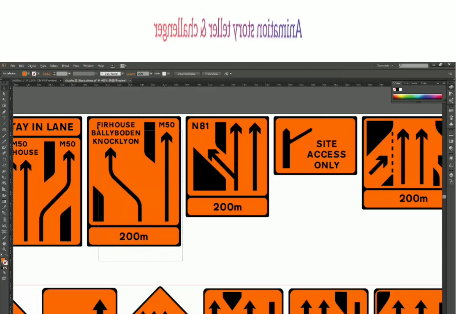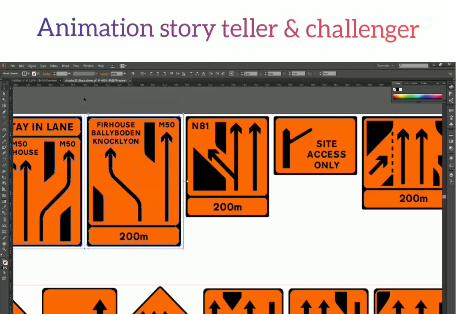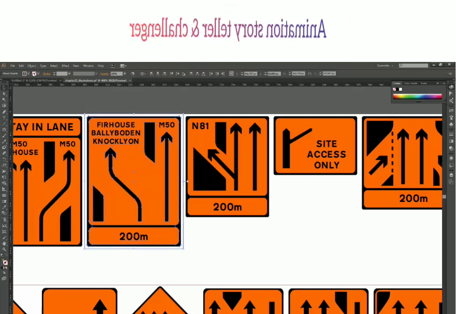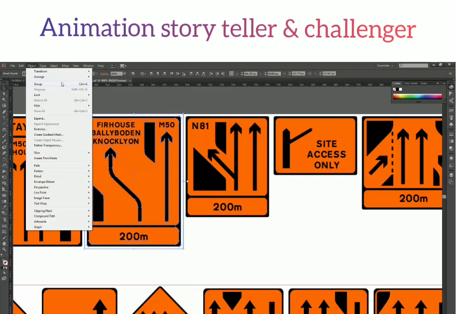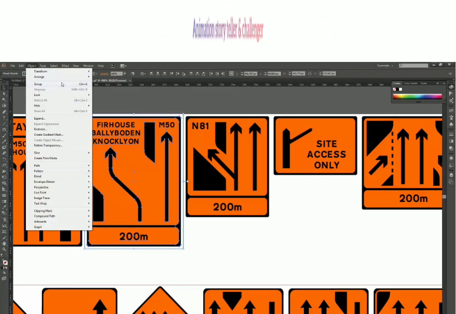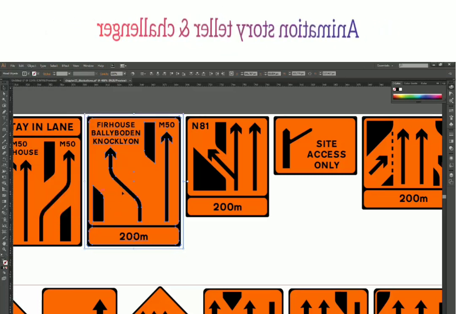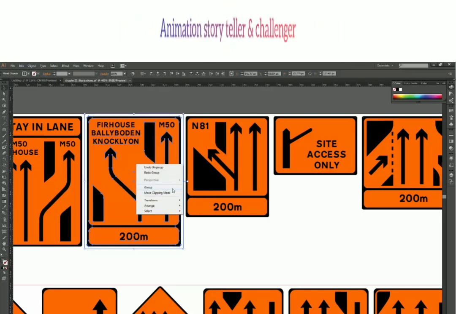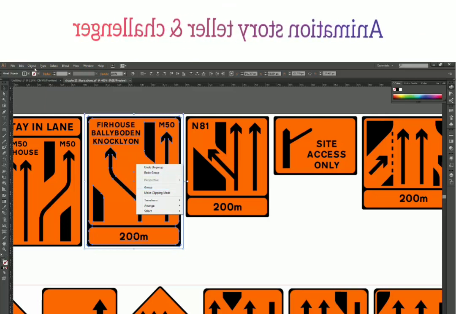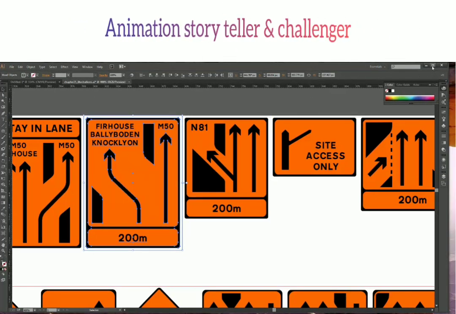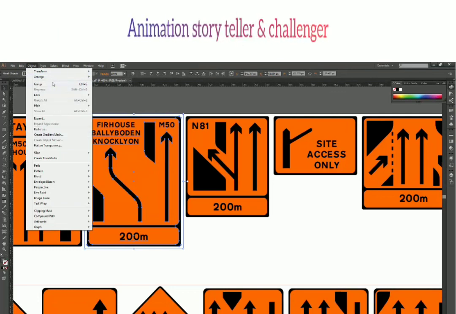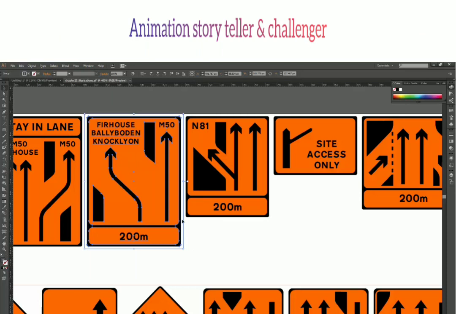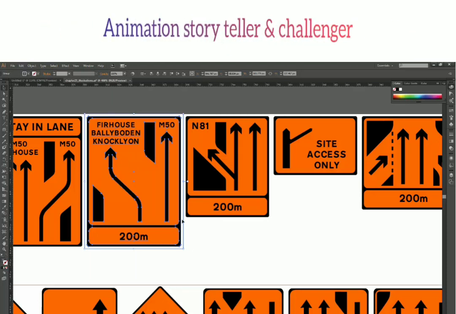To group it, you have to select the shapes you want to group, all of them, and you can go to Object, Group. The shortcut key is Control G for that. Either from here, or you can right click and say group. The option is also available here, or you can just press Ctrl G on your keyboard. So I will use Object and Group, and you won't notice any difference, and Illustrator won't show anything that it has been grouped or not.